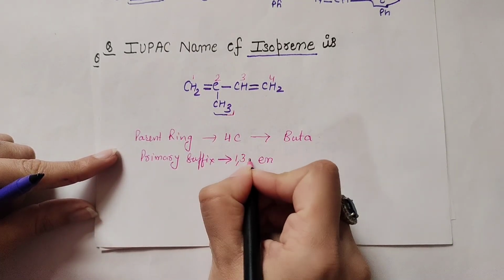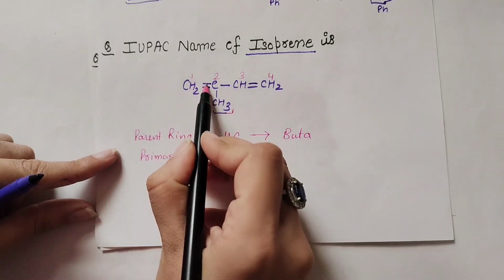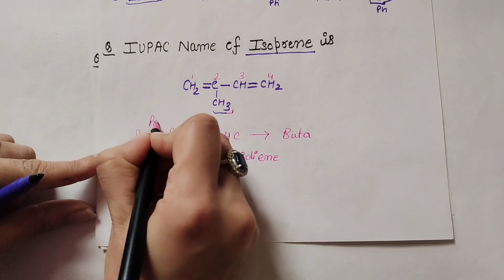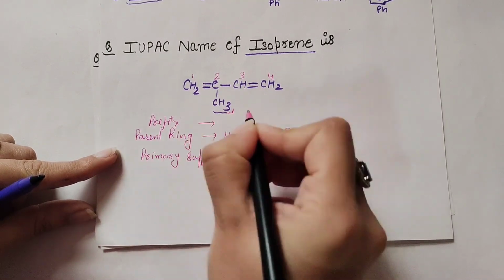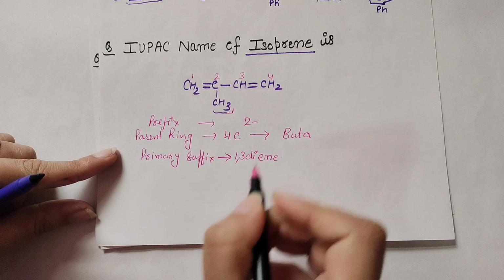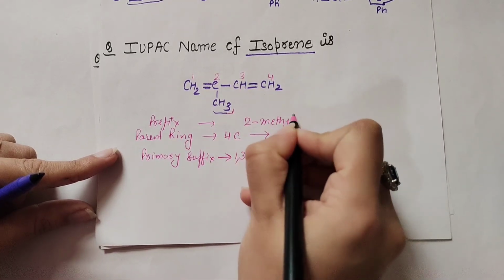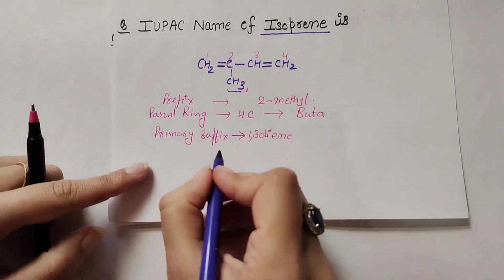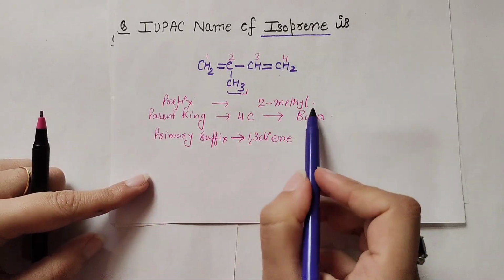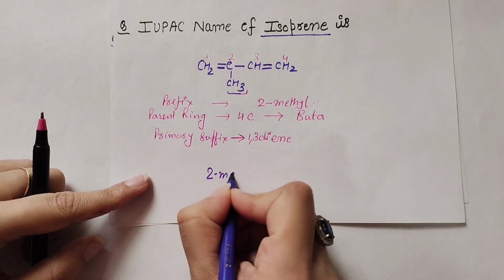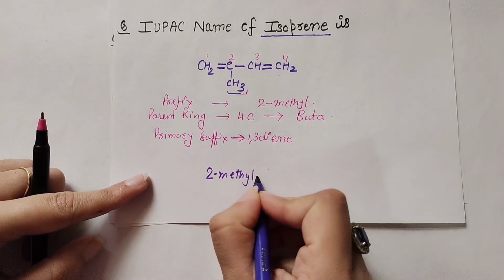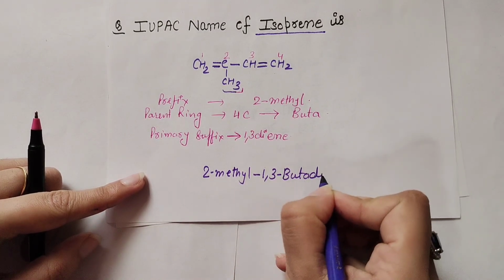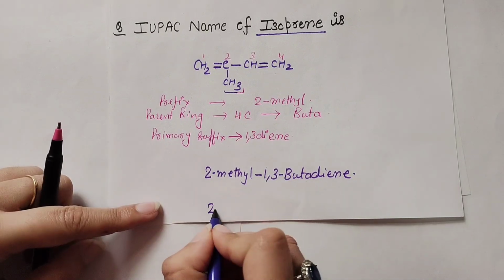1,3-diene will be used, because at the 1 and 3 positions there are 2 double bonds, and there will be the prefix also. The prefix will be 2-methyl, because at the second position there is a methyl group. Okay, so we will write the full name accordingly. 2-methyl, it is the IUPAC name, 2-methyl-1,3-butadiene,